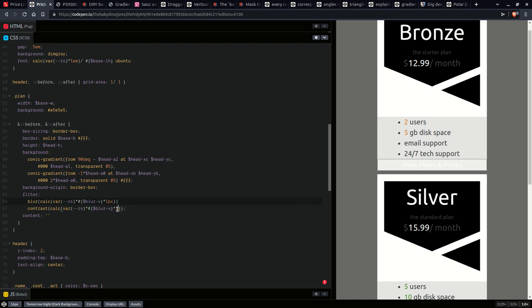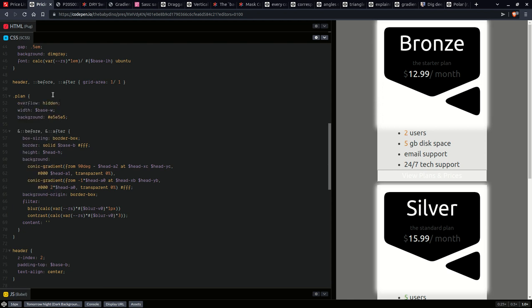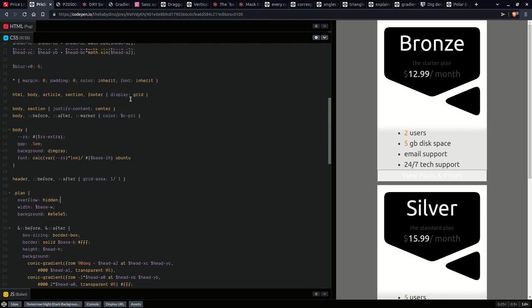Yeah, we are going to have a second blur value for something else, but for now you can see how you get that. We don't like that blurriness spilling outside, so we are going to set overflow hidden there, right? And we are also going to get a rounding